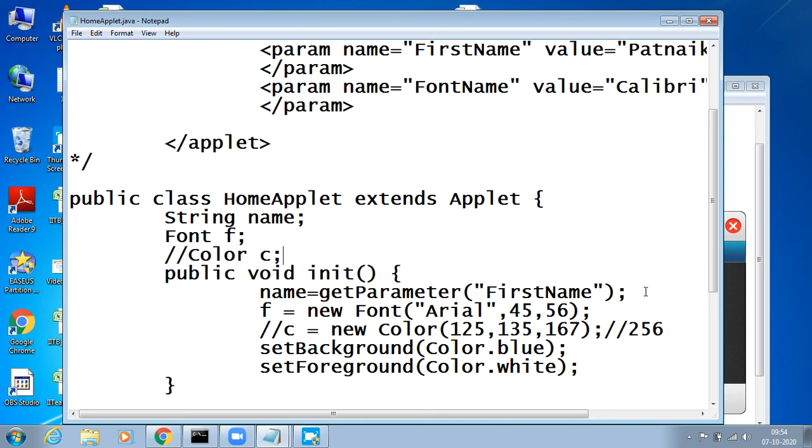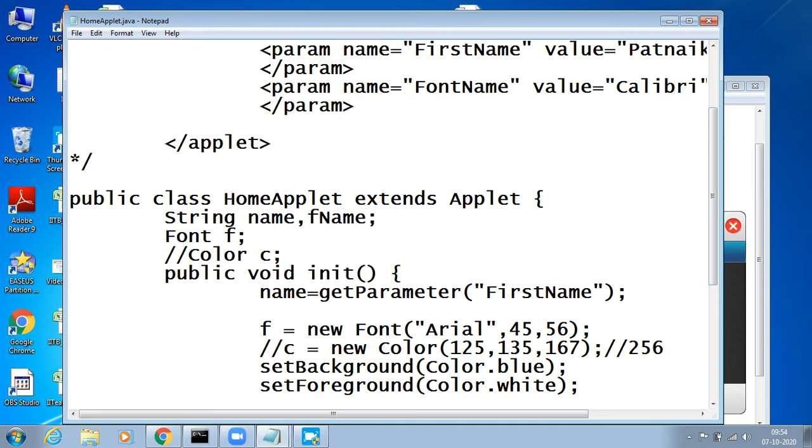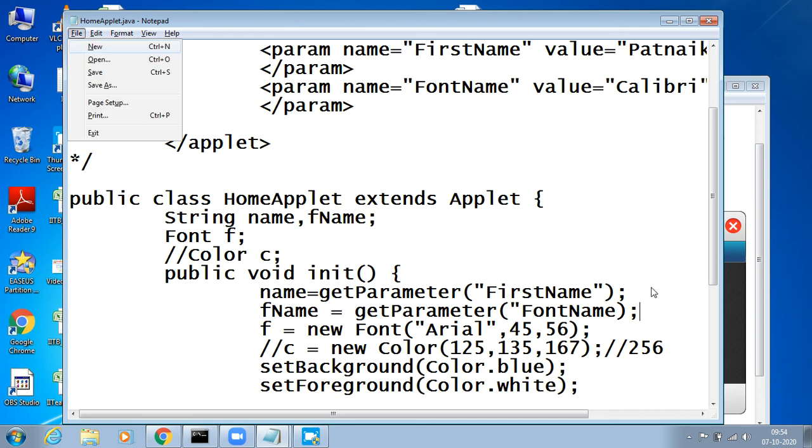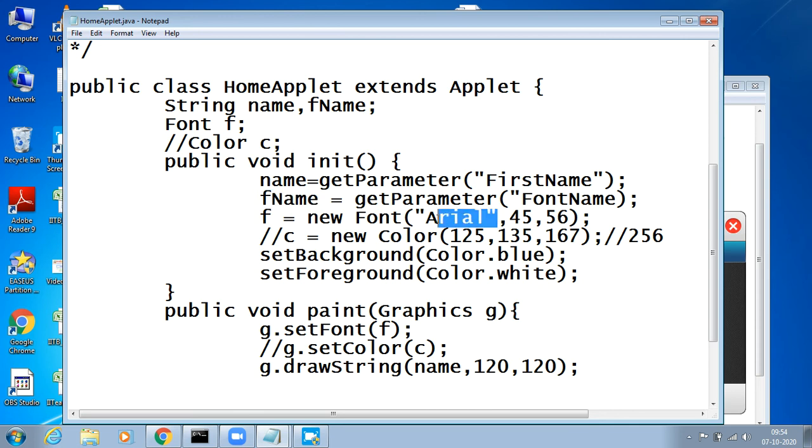So here I say again String fname, where fname is the font name. So fname equals getParameter of font name. Now in fname I have that font. Now instead of Arial, replace it with fname.